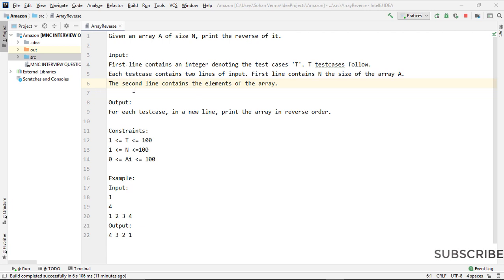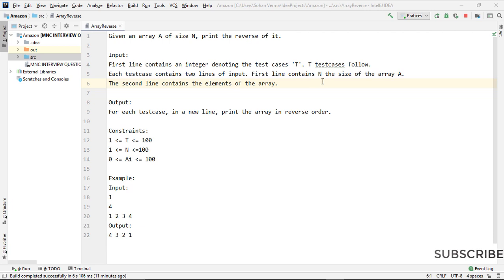The question gives two things: input and output. The input is: the first line contains an integer denoting the test cases T, the number of times to perform the task. Each test case contains two lines of input.